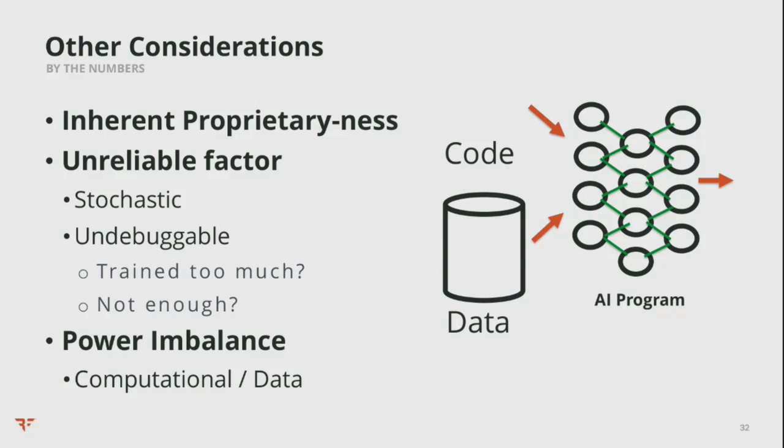Right. Also, if you're the sort of person who cares about free and open source software, this should also sort of worry you, in that the program behavior is not debuggable. It's not reversible to any original form. Even if you're given the entire set of data that the person trained on and the source code to it, you can't combine them to create the same program. It's just stochastic, which is fancy math terms for random. And so that's also an inherent problem. So what does it even mean to have an open source AI program? We should start having a conversation about that.